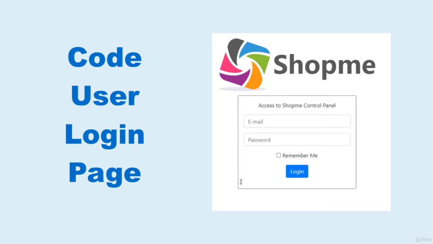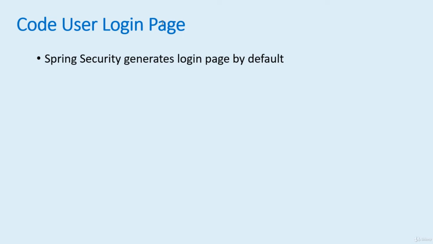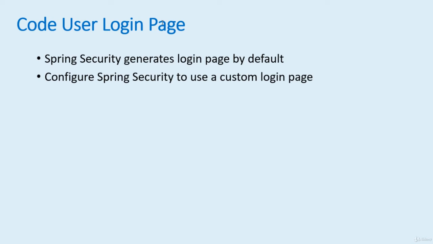Now we are going to code the user login page that looks like this, with the application logo at the top and then the text "Access to Xiaomi control panel" and two text fields, email and password, and the login button. Note that Spring Security generates the login page by default, so we need to configure Spring Security to use our